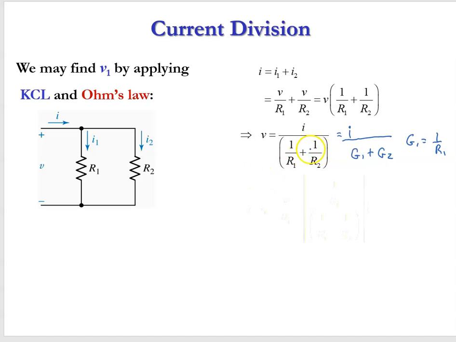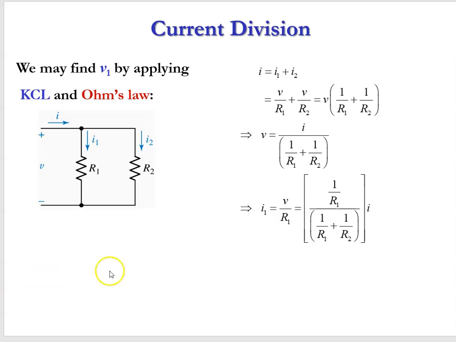So if we continue with that, what we want to find then is I1 and I2. We can say then that I1, that's V over R1, or it's V times G1, and there's our G1, which is 1 over R1, and we'll divide that by, take our voltage is I divided by G1 plus G2, or 1 over R1 plus 1 over R2. So here's our divider. This is really equal to G1 divided by G1 plus G2